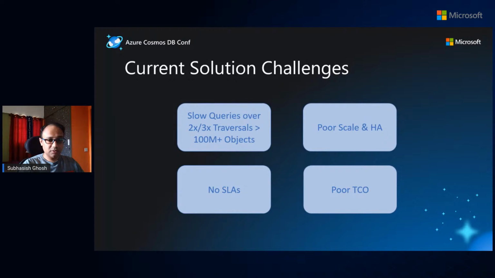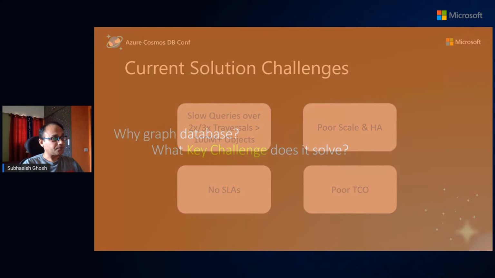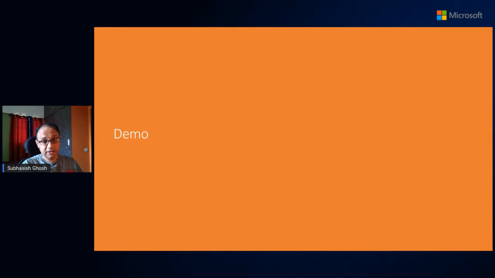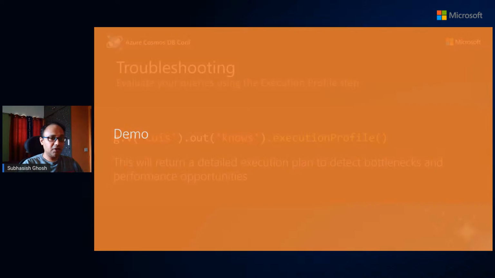These two are very important points. And then, because of the lack of the above mentioned points, there was a poor TCO for this use case. So our recommendation was to check out Azure Cosmos DB,